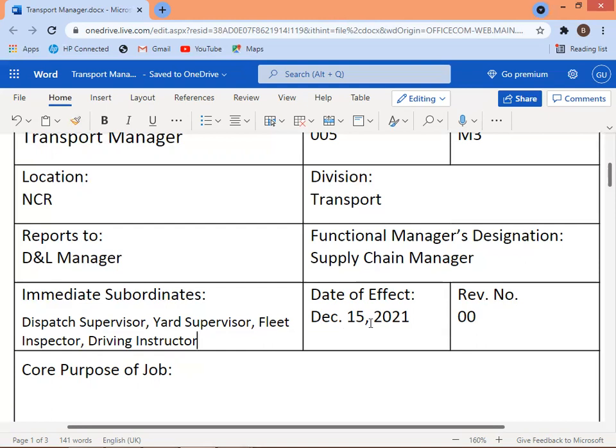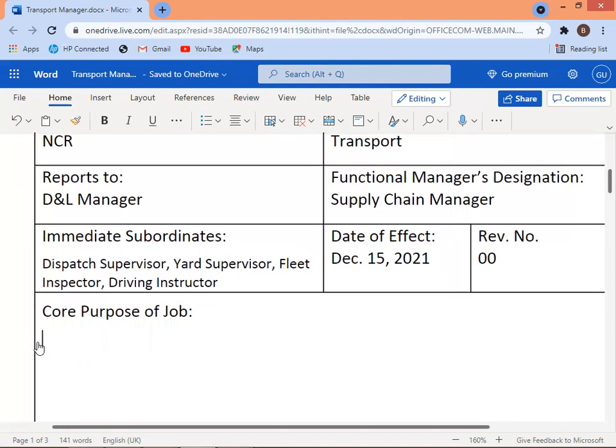Okay, the date of effect December 15, 00 revision number, because it's the first time that we're going to write this job description. So I'm going to start with the core purpose of the job. As I said before, it should start with "to". Okay, to provide